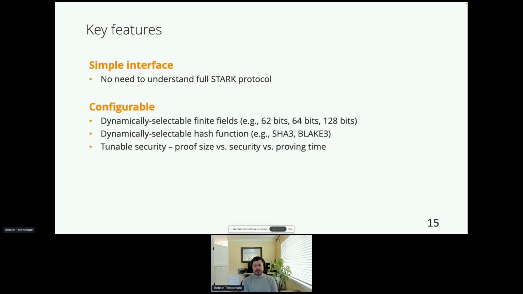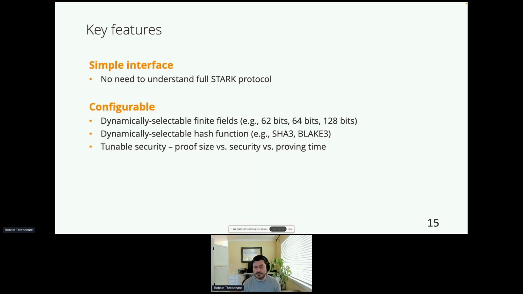As I mentioned, it's very configurable. You can dynamically select which finite field you want to be in. Right now we have support for 3 or 4 different finite fields within Winterfell, and it's fairly trivial to add more if needed. We have dynamically selectable hash functions. Right now you can choose between SHA-3 and Blake-3, and in the future we'll add something like Poseidon or Rescue, so that you could in theory do